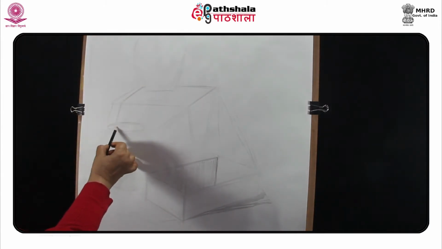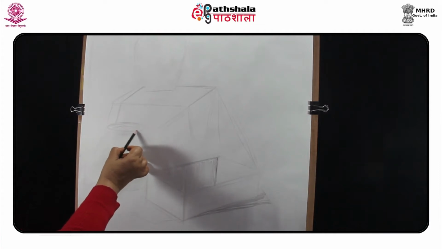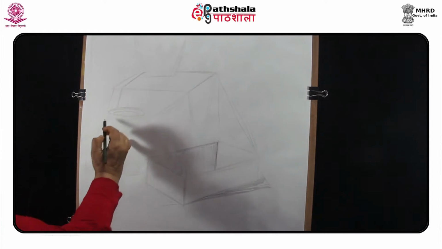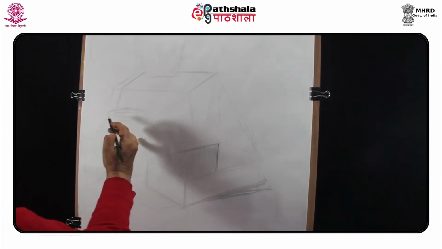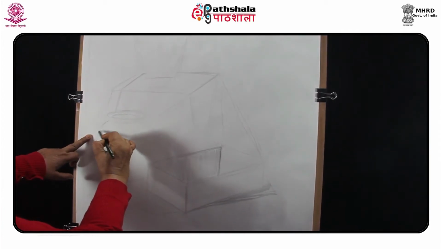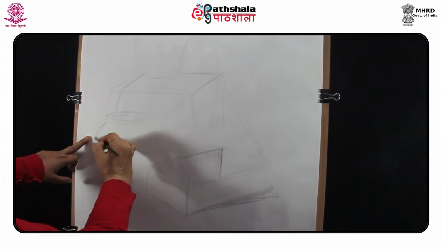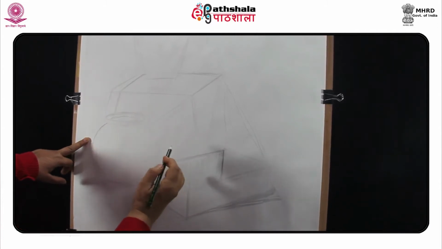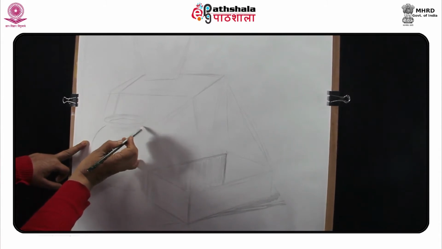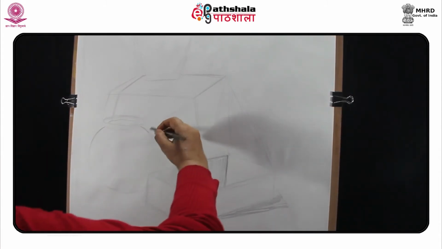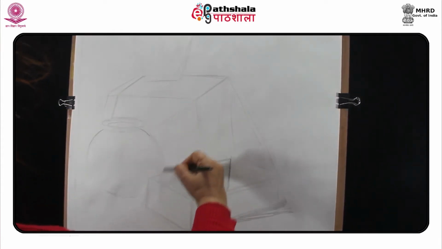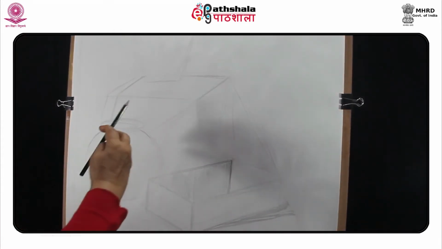Now again come over the round pot and give the final shape. Now put the shades at the background and in the upper pot, inside left side. You have to do it very carefully. The process of shading may take a long time depending on the object. Now give the shade at the right side. You can use first 2B and then charcoal.